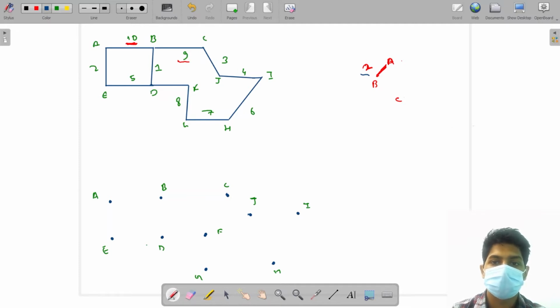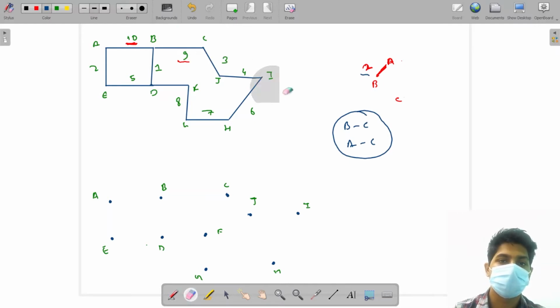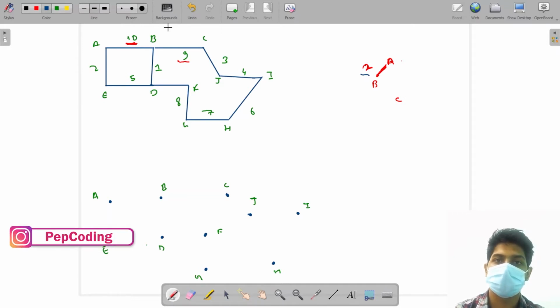Now I am unable to connect the computers B to C and A to C. I lost the connection from B to C and I lost the connection from A to C. So these two connections were originally present, but now they are not present. So this is not a valid case. We don't want to lose our connections. Okay, so we want to minimize the total cost of the graph, but we want all the nodes or all the computers to be still connected to each other.